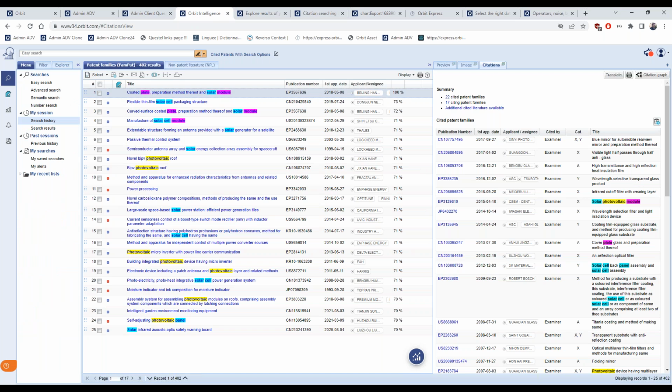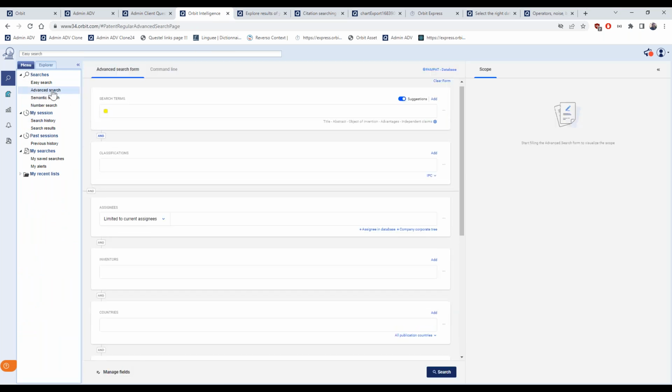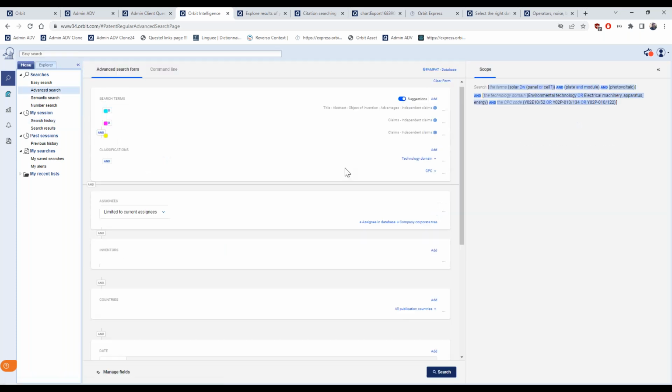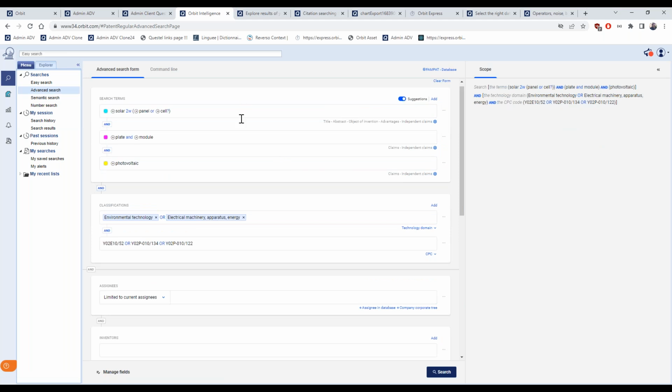Now, so far we have always used the advanced search form with different criteria. Let's go to my search history and maybe I take this one that has many search fields. I modify it so that the fields are entered.